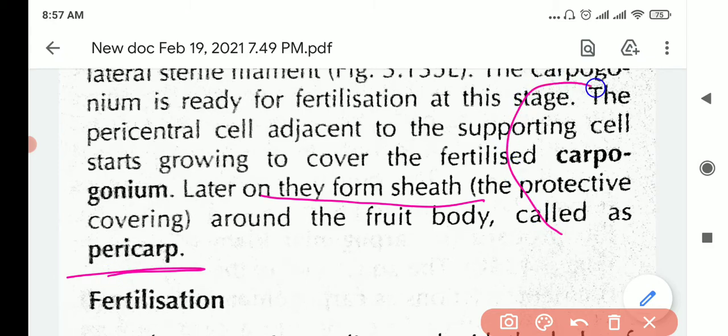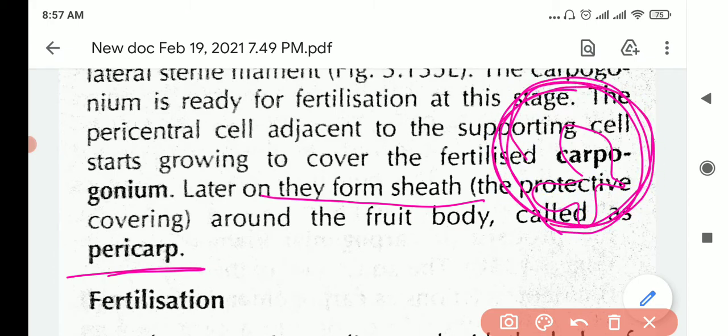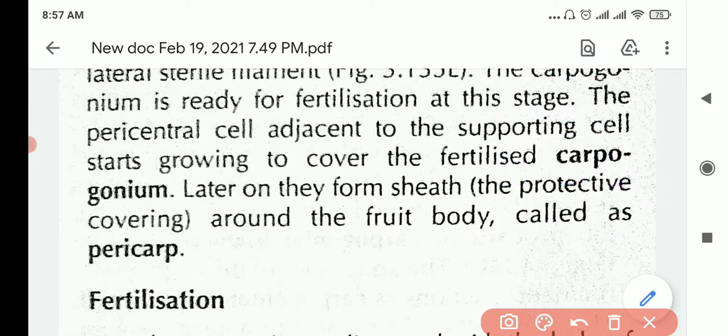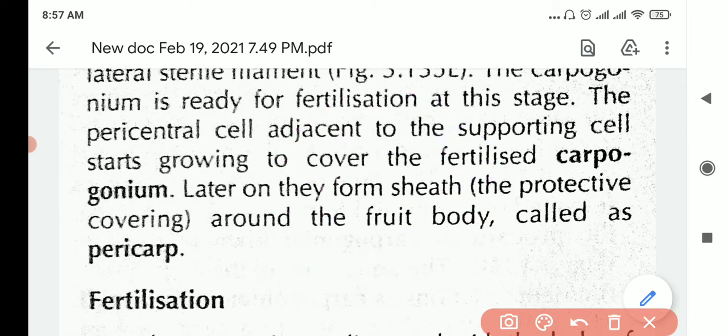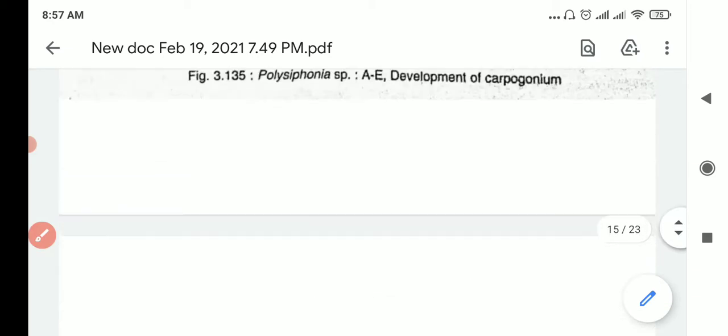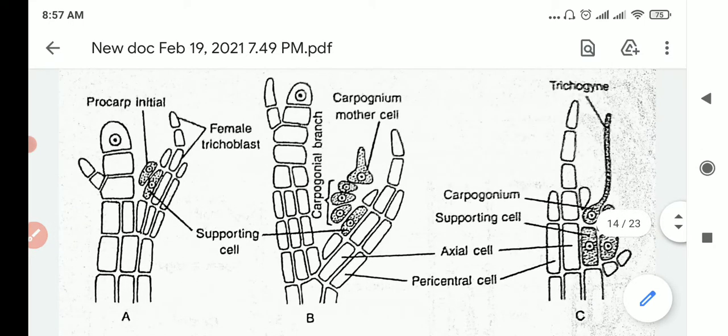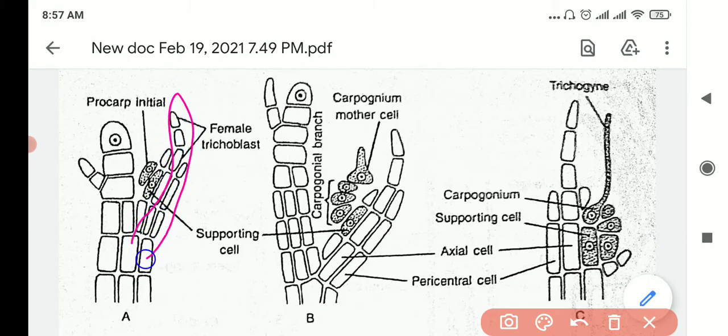It's just like, if this is the human fetus inside, this one is the placental wall. So even here in the carpogonium, they will form a protective sheet around it. Okay, so I think if I explain from the diagram, it will be easier now. Okay, so what is this? It is the short filament or the female trichoblast. So from here, one of these cells will become the trichoblast initial,